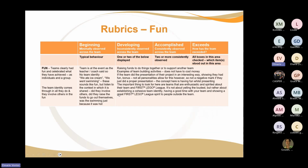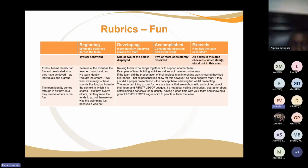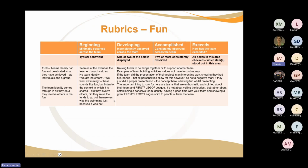Right, the last part. First Lego League is supposed to be fun. So if they've only focused on a robot or only focused on a project, they might not have had fun. If they've done everything in a balanced way as per the guidelines, they would have had time for fun. Even in the notebooks, there are instructions